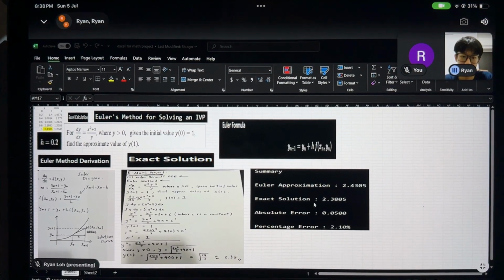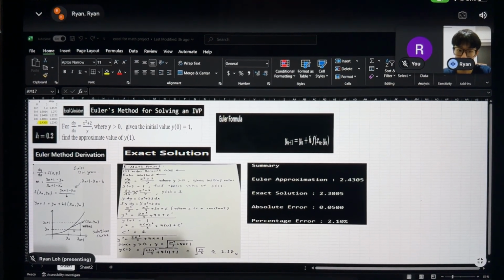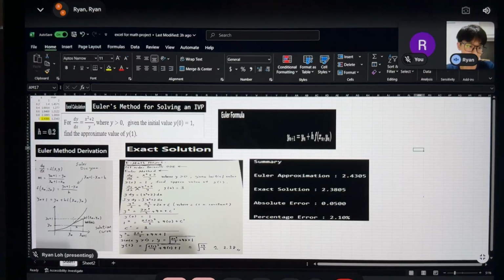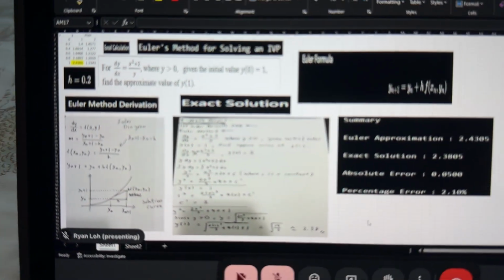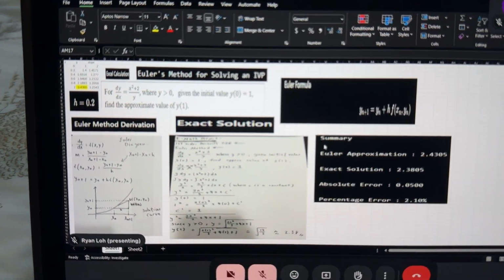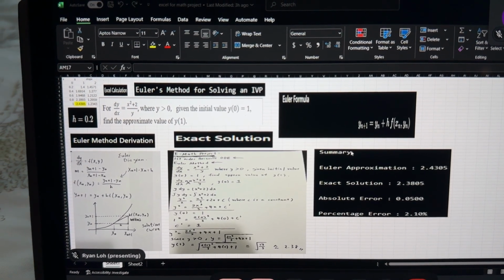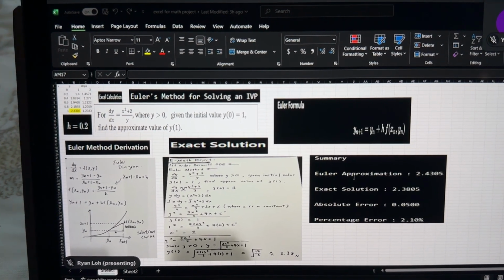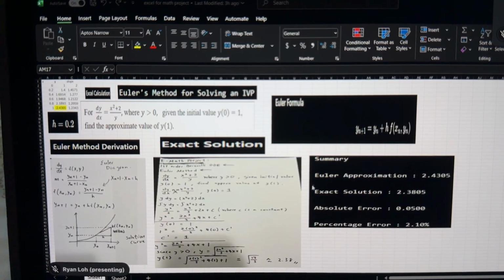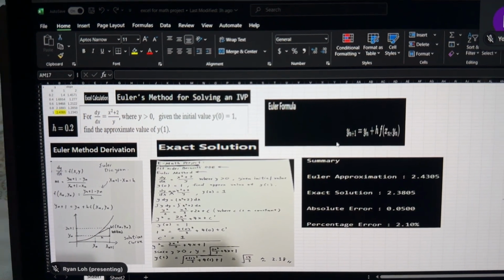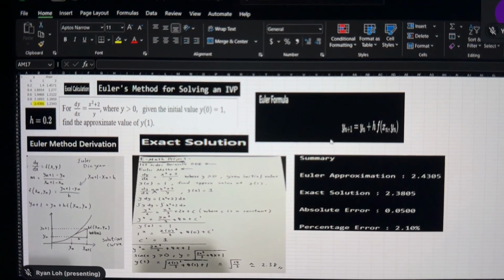So I'll begin by explaining the derivation of the Euler method formula, which is this picture here. So we start with the first order differential equation written as dy over dx equals f(x, y). This tells us that the gradient of the curve depends on both x and y. Next, from the gradient formula, we know that slope equals y_{n+1} minus y_n over x_{n+1}